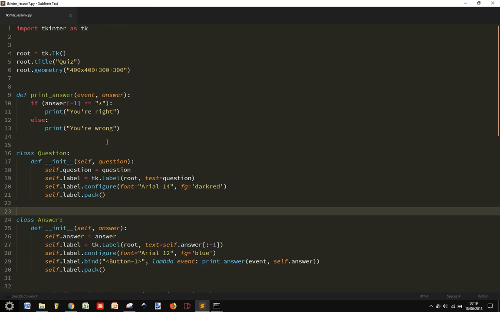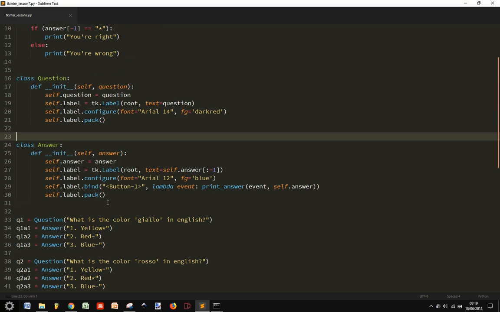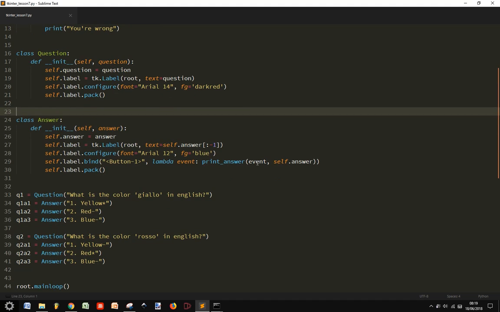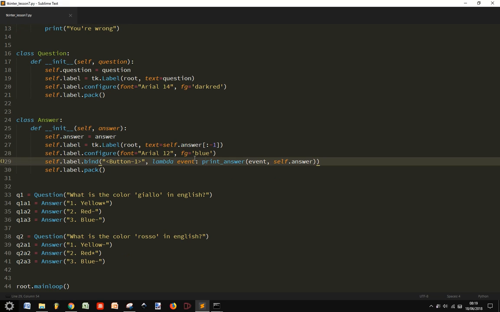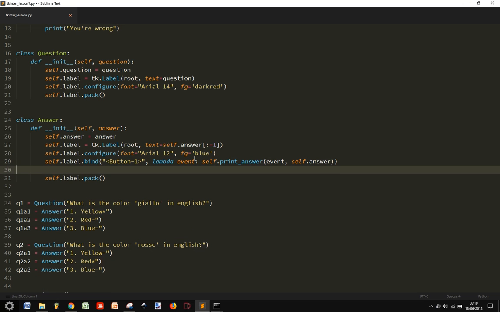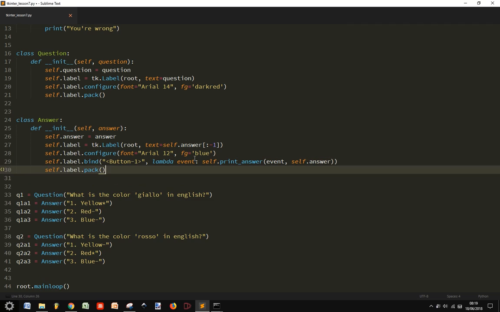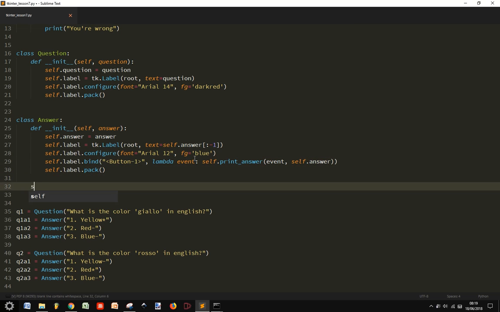And now I want to add just some interaction when we press the button on the label. We want something to happen. So instead of calling an outside function, we wanna put a function inside our class, so that I can make different classes for each different function for each label. So for the answer, I'll have this kind of function that will check if I click on